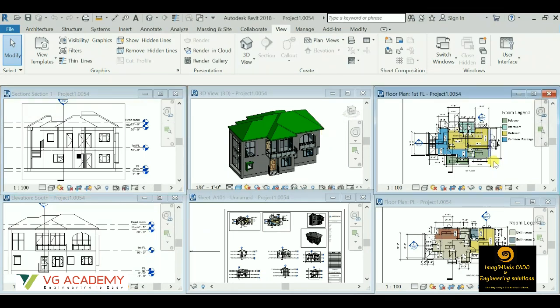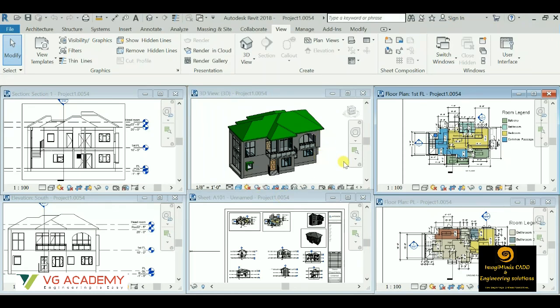And one of the most important features of Revit is the section. Suppose you have drawn a section line like this, you'll get an automatic section. You do not have to draw the section. Unlike in AutoCAD, where first of all we had to do the planning, then we had to create the elevation of the four other sides, then we had to draft the sectional part as well, right? But we do not have to create these separately in Revit software. We'll get the 3D view as well.